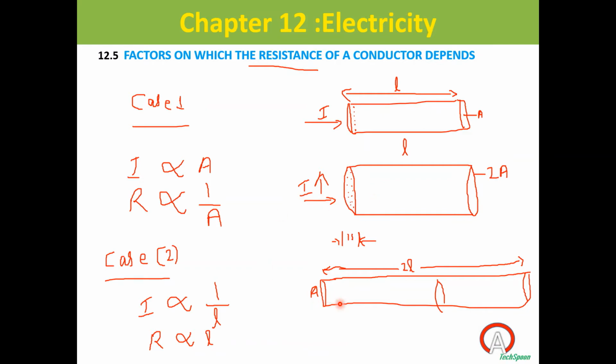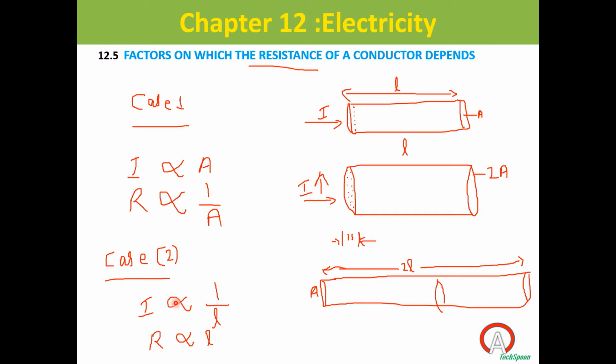So when I am increasing the area, more current will pass. Just opposite to that, the length relation. If I am increasing the length, less amount of charge passes, so the current decreases. So case 1, current increases with the area of cross section. Case 2, current decreases, inversely proportional, with length of the conductor. If you found the current relation, then it is very easy to find the resistance, just opposite to that. In case 1, when I am increasing the area of cross section, resistance decreases, inversely proportional. Case 2, since current decreases with length of the conductor, resistance is just opposite: resistance is directly proportional, it increases with length of the conductor.